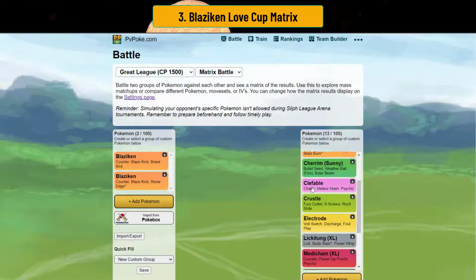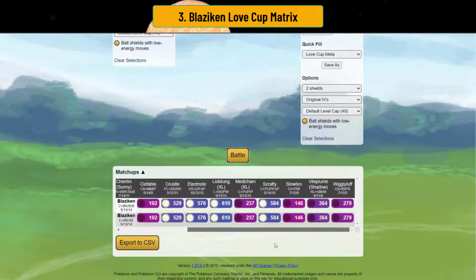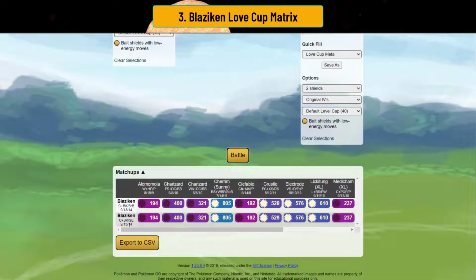I have the Love Cup meta to the right. We have the 2 shield. We're going to hit battle. As you see here, as I mentioned, the lead is probably your worst thing. I would leave Blaziken as a switch or the closer. Throw it. If you win lead and they throw something into you,